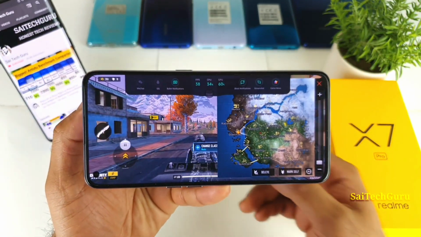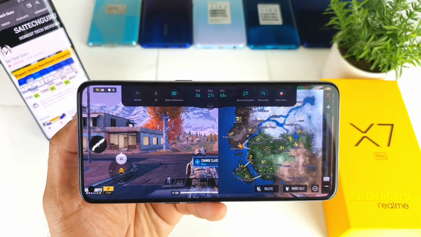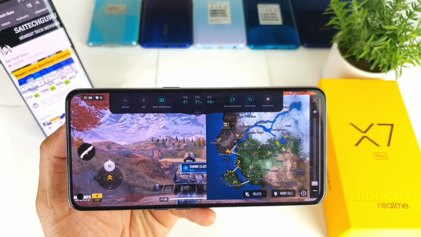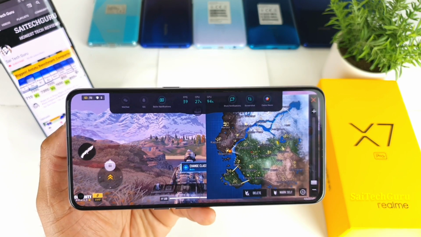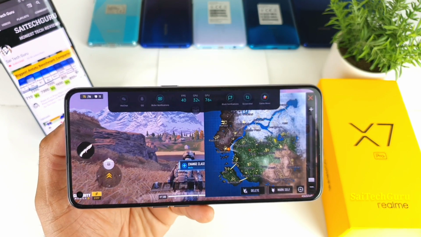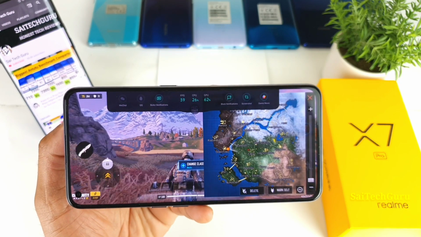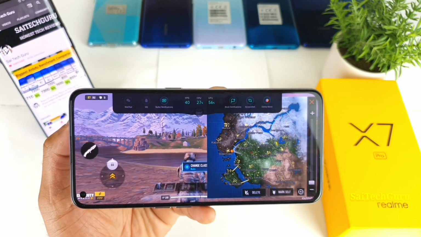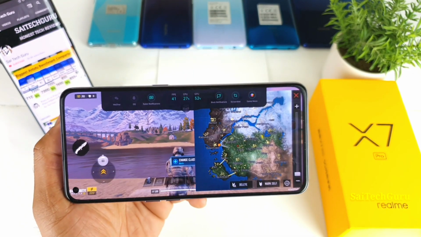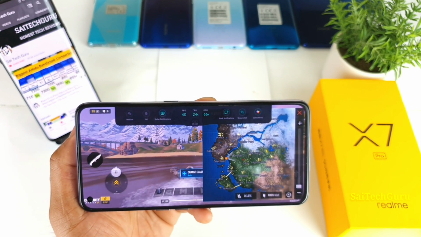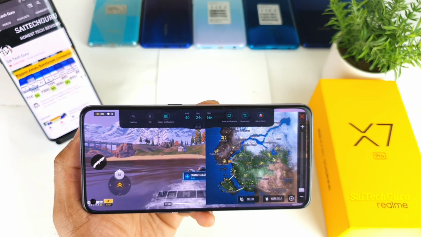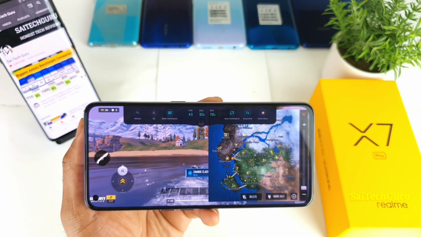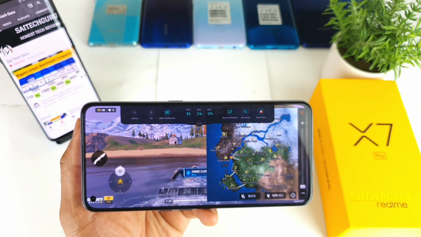So right now you can see the FPS with the very high and high frame rates. We are getting around 41 FPS at the moment. CPU and GPU, you can see 27 and 94% of the GPU. So till now I have seen a maximum of 41 FPS on this phone, 40 FPS. This is with the battle royale mode, not the multiplayer. For the multiplayer, I think the FPS will be different. So let me try after some time. So 43 is the maximum recorded FPS right now.